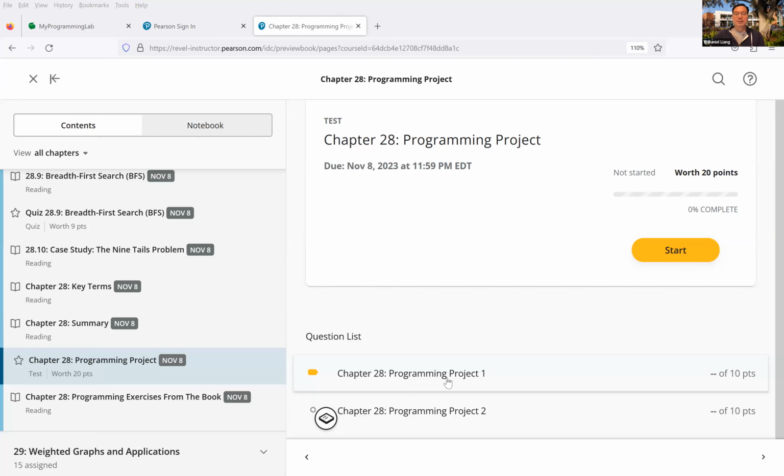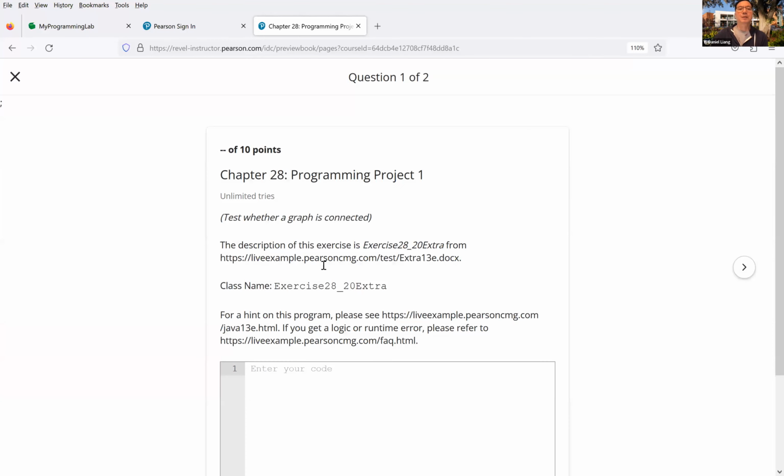So let's look at this first programming project. This is to test whether a graph is connected. Here we're going to get the description of the exercise from this site. So I'm going to copy and paste and